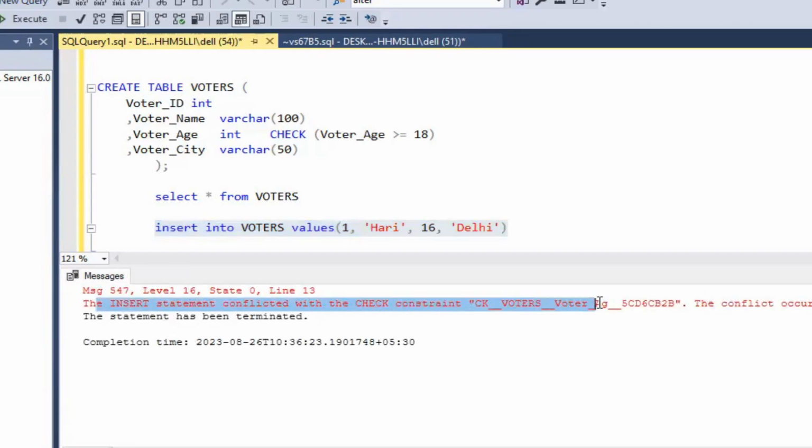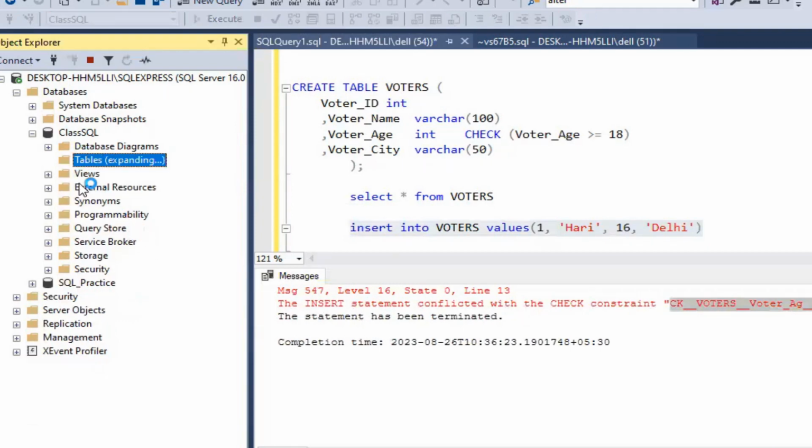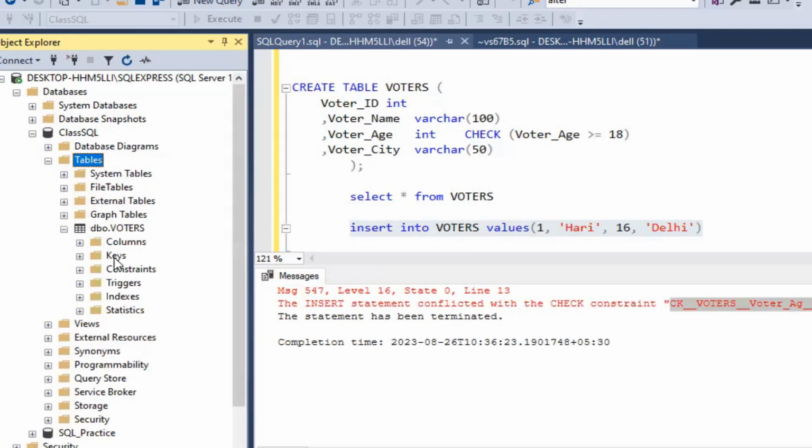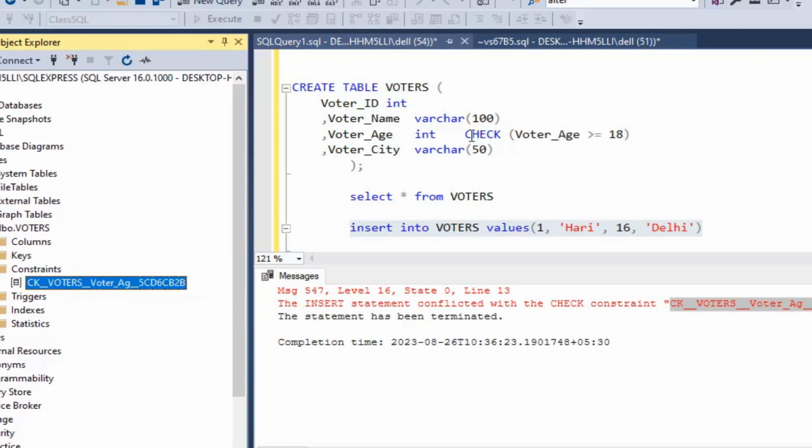See, check voters. With the name of this, there is a constraint. If you check here in the table, just refresh the table. And if you check now, it's taking some time. Okay, voters. If you check the constraint here, there is a constraint named check voters. So when we created this,